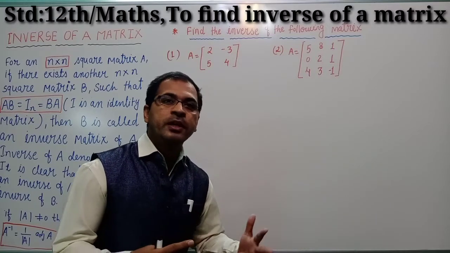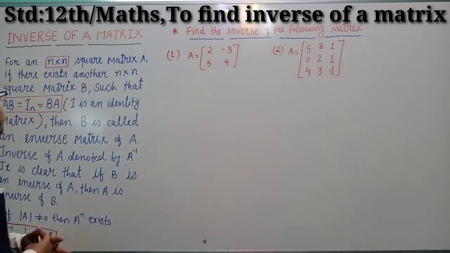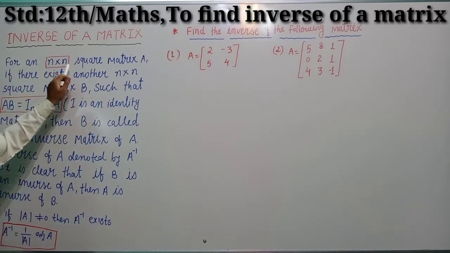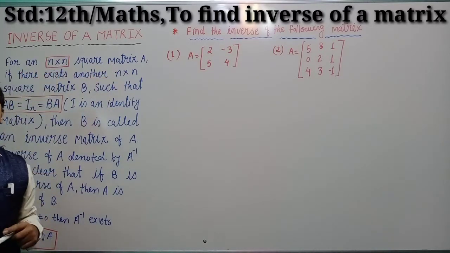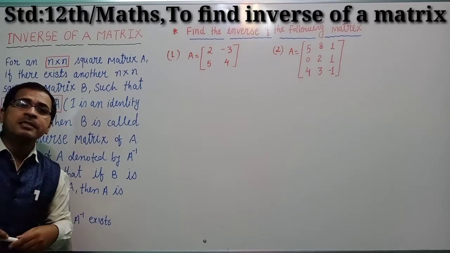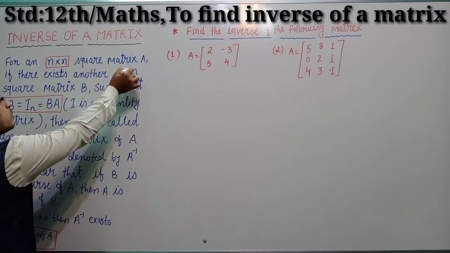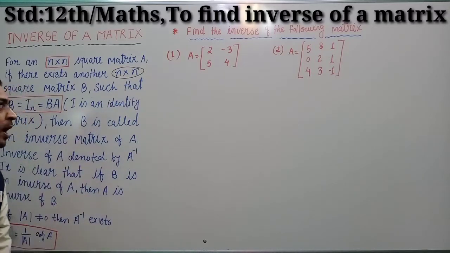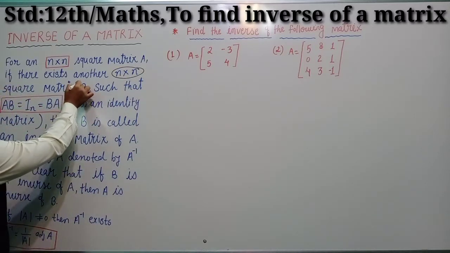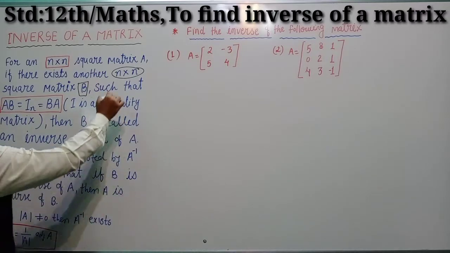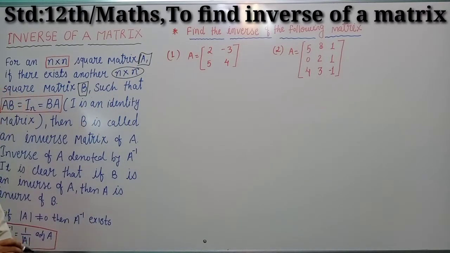So here we can see the definition of the inverse of a matrix. For an n cross n matrix, right students? n cross n means a square matrix A. If there exists another n cross n matrix, meaning another square matrix B, such that their product is the identity matrix,